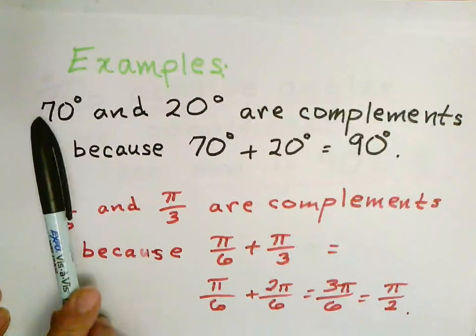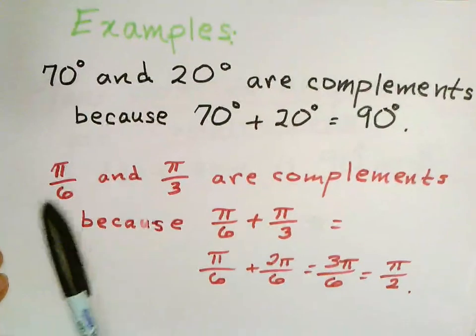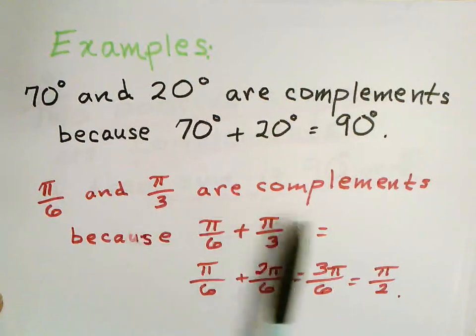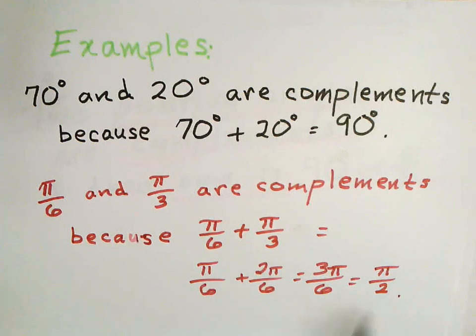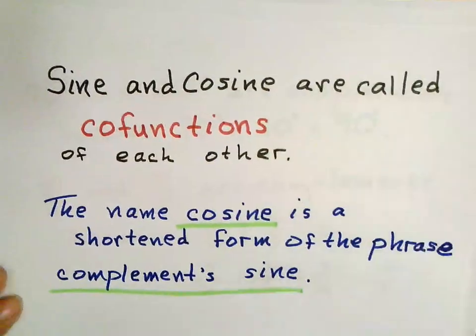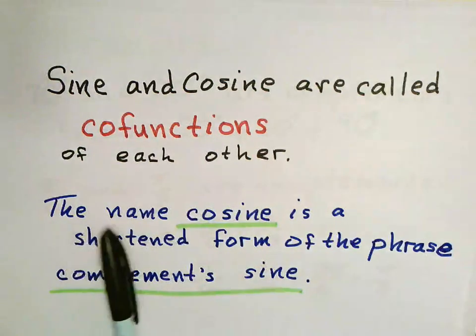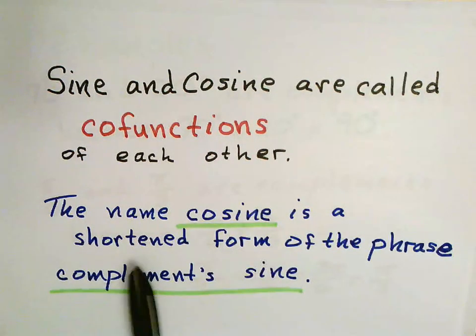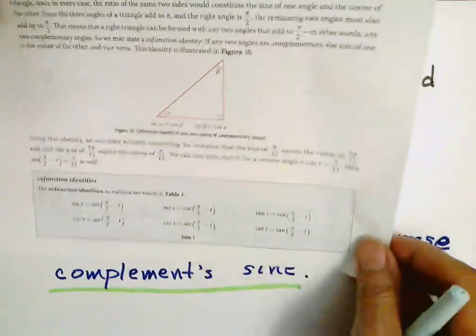70 degrees and 20 degrees are complements because their sum is 90 degrees. Pi over 6 and pi over 3 are complements because their sum will give us pi over 2. Sine and cosine are called cofunctions of each other. The name cosine is a shortened form of the phrase complements sine. If you look in your ebook on page 597,